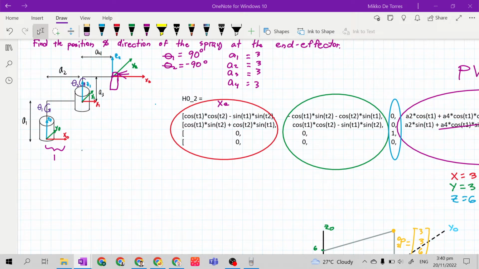The reference frame consists of x sub 2, y sub 2, and z sub 2, because the reference frame is the end effector frame. These are what the columns represent. So if we put each column in a vector, it will look like this. Okay, for z sub 2,